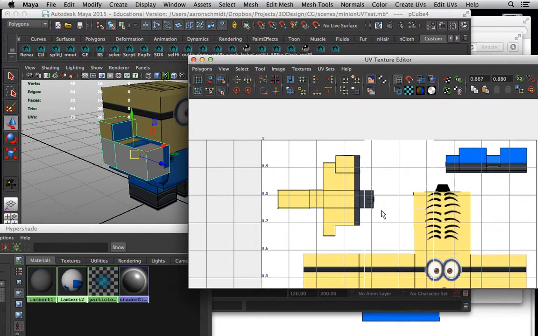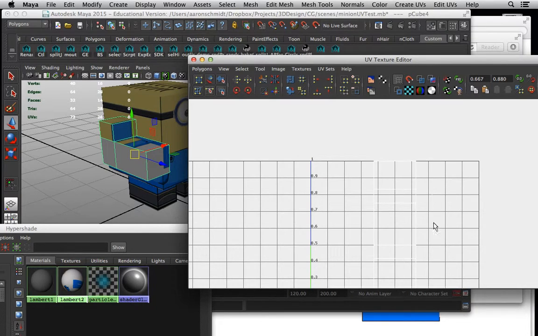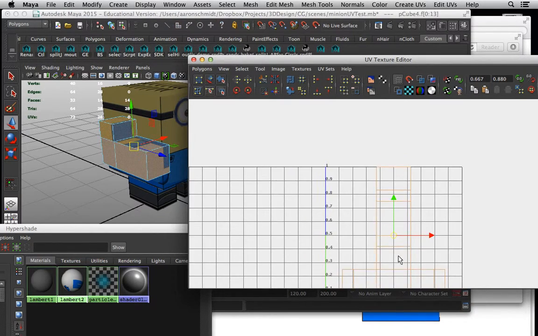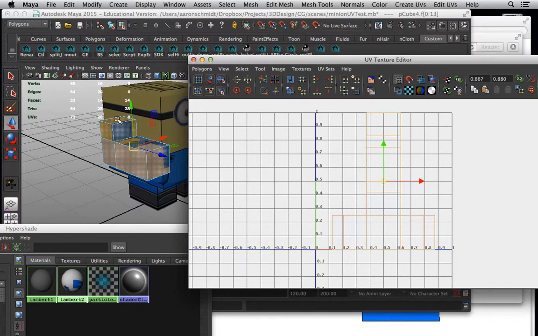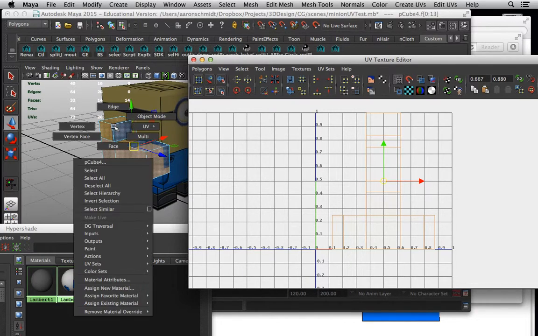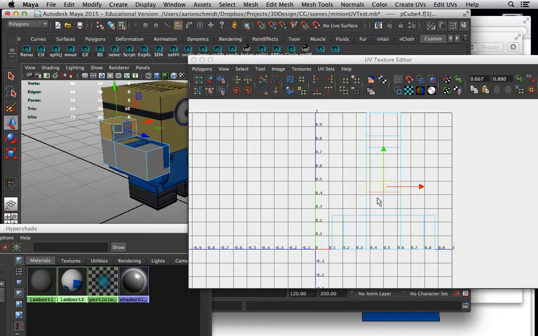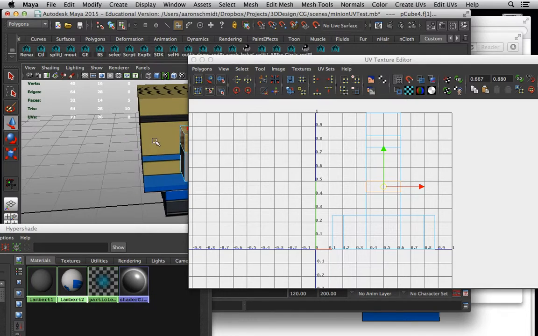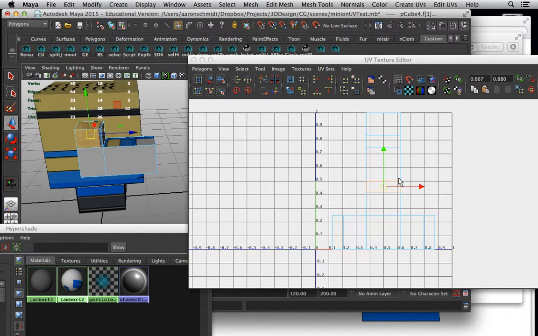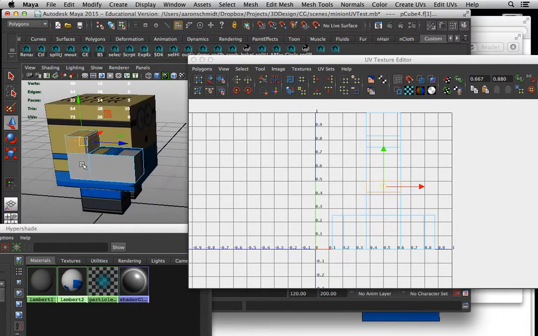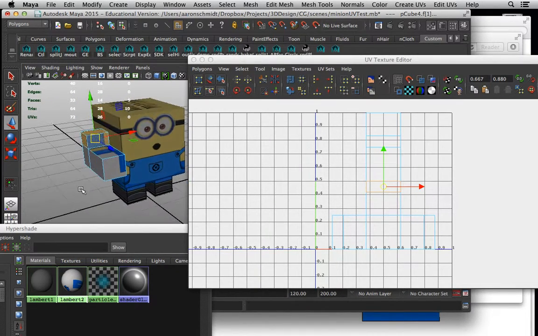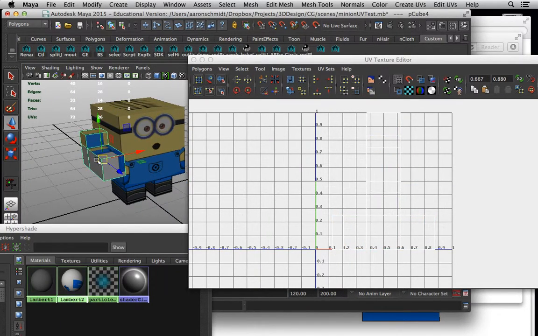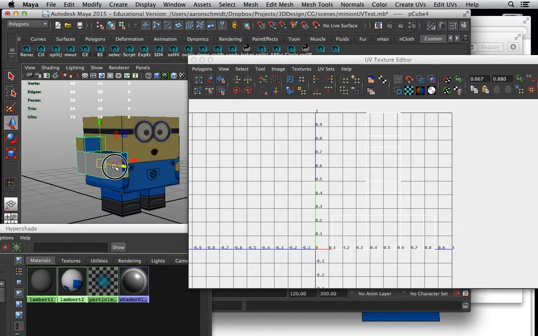But the thing is, the UVs that I have here didn't capture what's happening here. If I go and select these guys right here, it looks like this square. But it's not going to work. I have to do a lot of work to be able to pull a square out of this one face right here. I could do it manually one by one, or I can use a program that's better than Maya for creating UVs. And that program is called